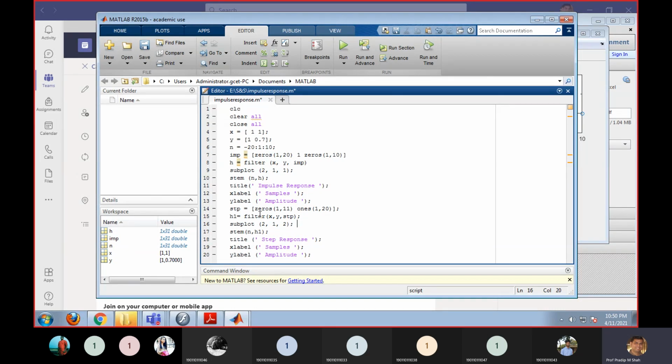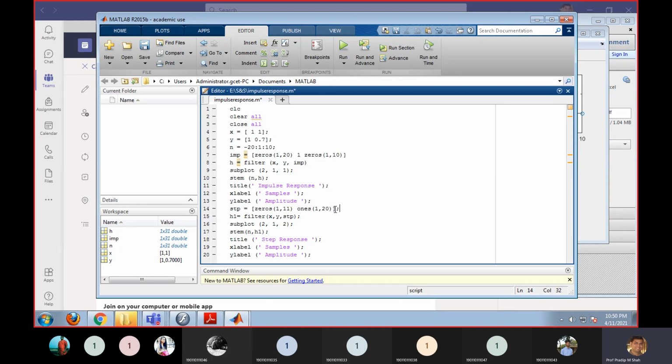All the positive side is 1, the negative side is 0. So here we use zeros for the negative side, 1 to 10, and all the ones, 11 to 20, for the positive side. So this is the step signal.